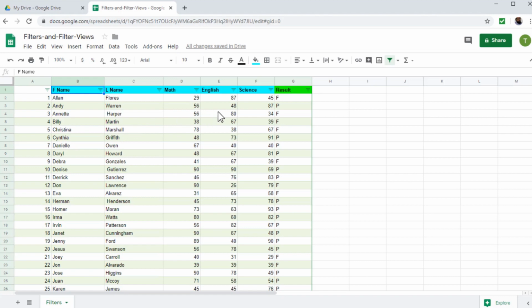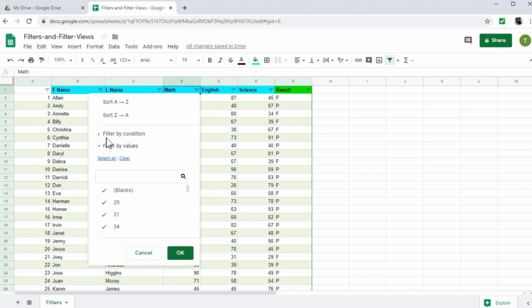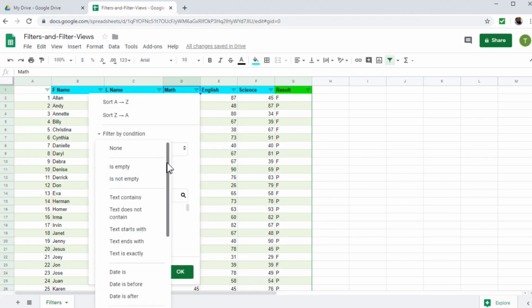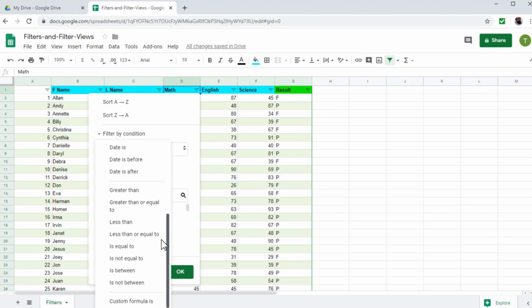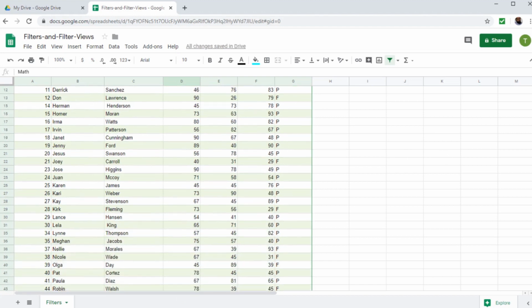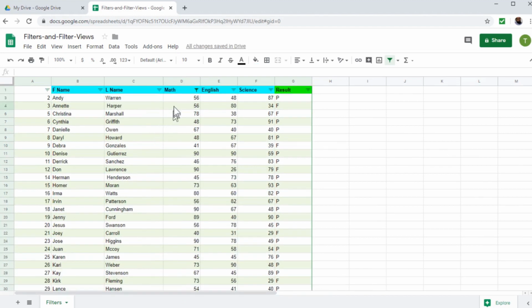science. To create that filter, I have to click in the math area, and now I will filter by condition. The condition will be that the marks are greater than or equal to 40 in the math subject. If I click OK, now all these students, I can scroll down up to the end. Now all these students in the math column have marks greater than 40. And you see here this filter has been applied. So you will see a filter sign here, while no filter has been applied to other columns.